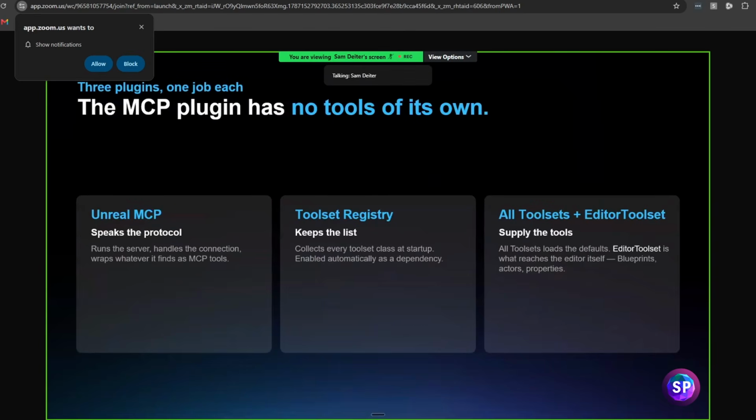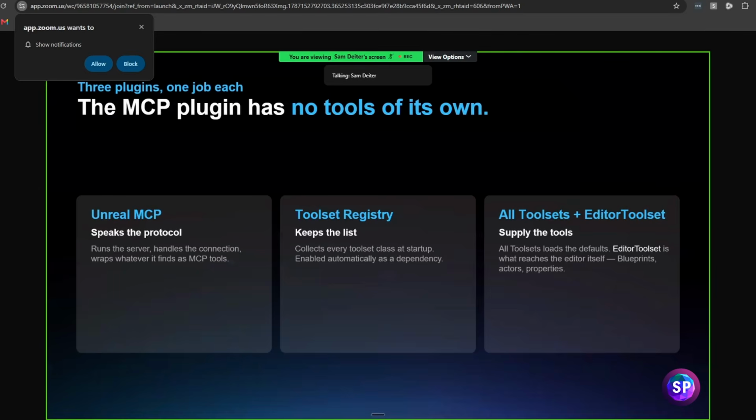Now, a couple of things that you need to understand about MCP. First off, the MCP plugin that we will enable actually has no tools of its own. It's just a way to get Unreal and your AI agent to talk back and forth to one another.